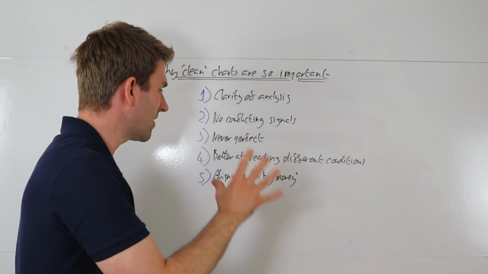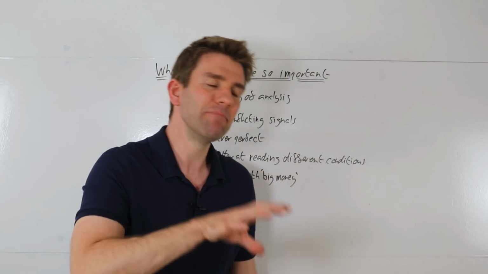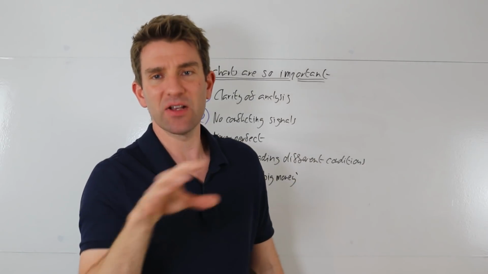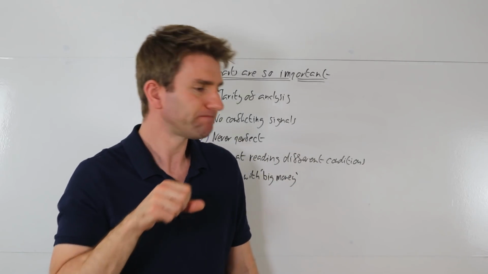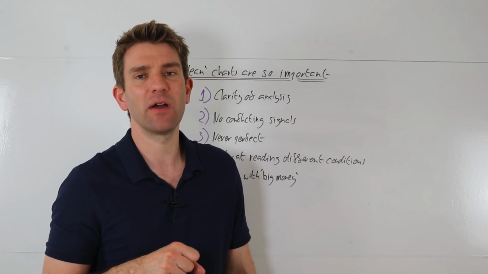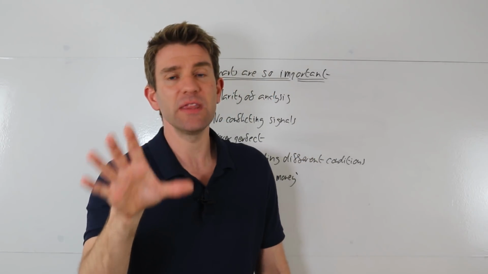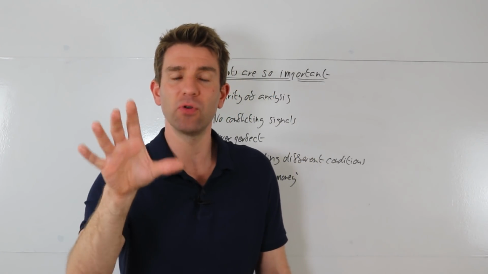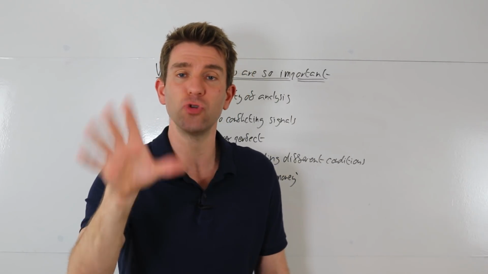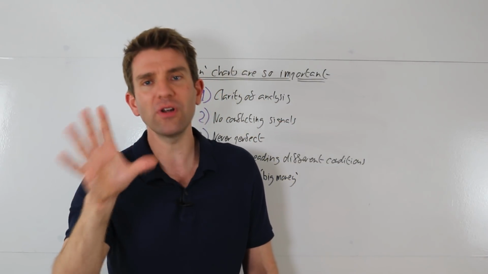The fifth and final thing, guys, is aligning with big money. It's a little bit controversial, this. What I mean by big money is that big money really doesn't make its decisions based on a Bollinger Band break. It really doesn't make its decision based on an RSI. If you're talking about a hedge fund, the majority, there will be some funds out there that are driven purely by technicals, and we know that there are fund managers who specialize in that. There are fund managers who specialize in algorithm-based strategies, but broadly speaking,